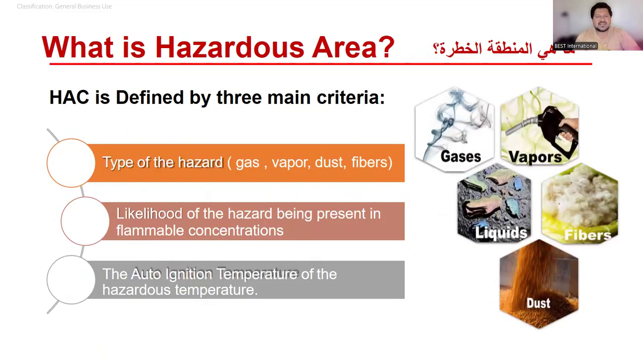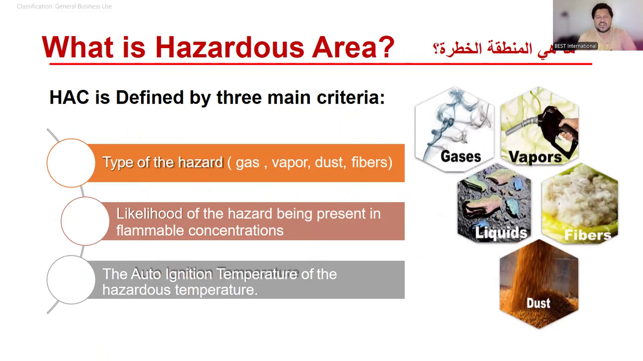Yes, what is a hazardous area? It is defined by three main criteria: the type of hazard, maybe gas, vapor, dust, or fibers; the likelihood of that hazard being present in flammable concentrations; and the auto ignition temperature of the hazardous material. Now, as I told you, please go back and research on AI tools, Google, YouTube, and find out